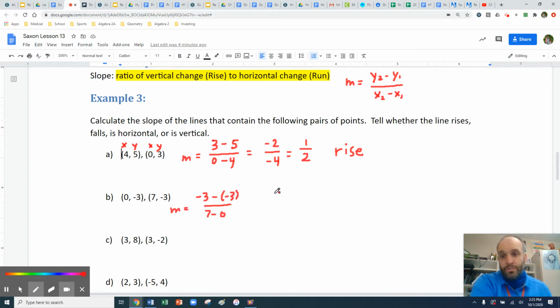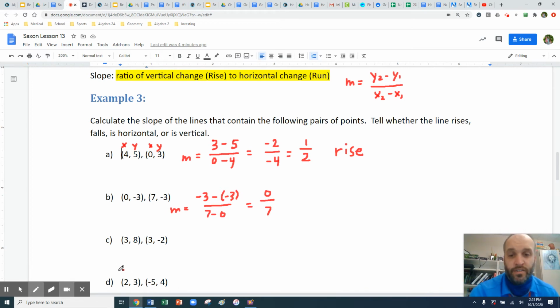In part B, I chose to use this negative 3, so negative 3 minus a negative 3, and then I go back, I use the 7 minus 0. Now we'll do our subtraction. In our numerator, we'll get 0, and our denominator will get 7. 0 over 7 is just going to equal 0. So here we have a 0 in my rise, so my vertical change. So that's going to mean that my line doesn't rise at all. It's going to be a horizontal line. So anytime we have a 0 slope, that's going to represent a horizontal